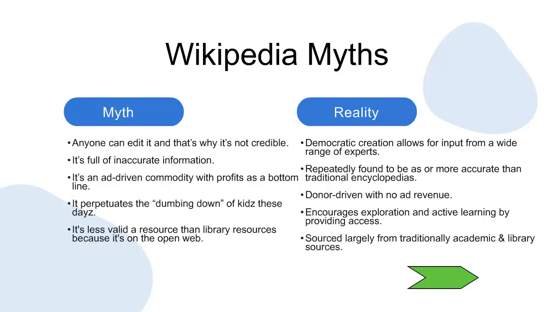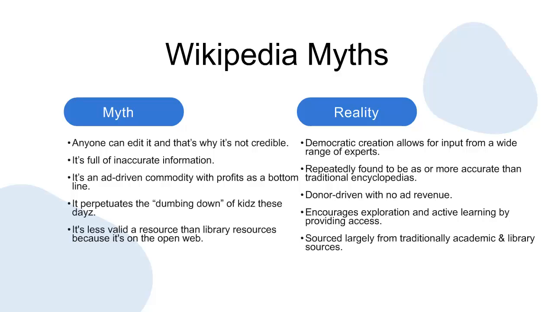The myths versus realities listed on this slide aren't the only ones. They're just prevalent ones. Wikipedia's democratic, open investigation and publishing process means that anyone can edit it. However, far from being a disadvantage, it's a strength. Rather than limiting research, scholarship, and communication to a select few, Wikipedia allows for the world to decide what entries to create and how to present it.